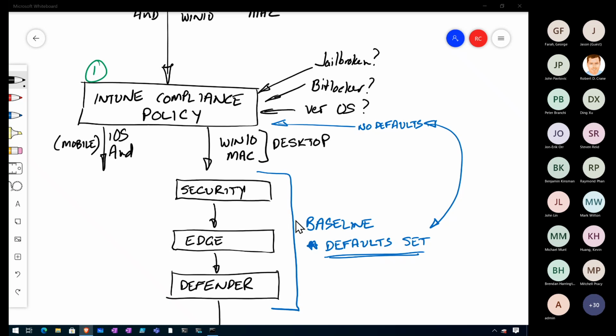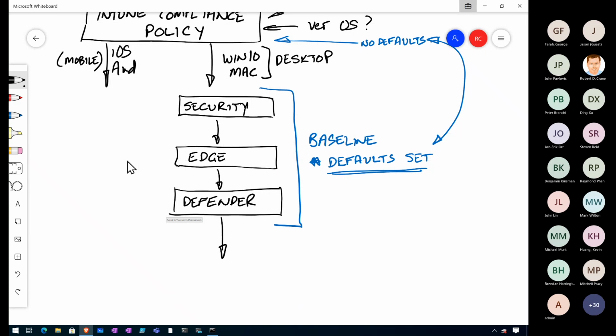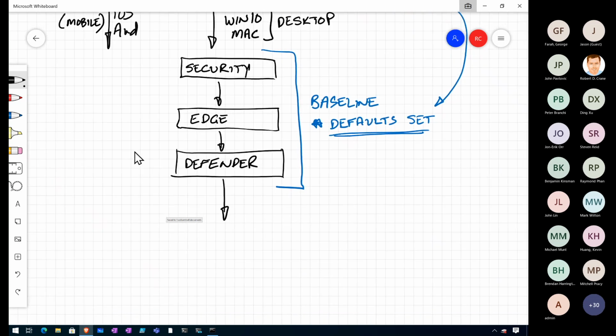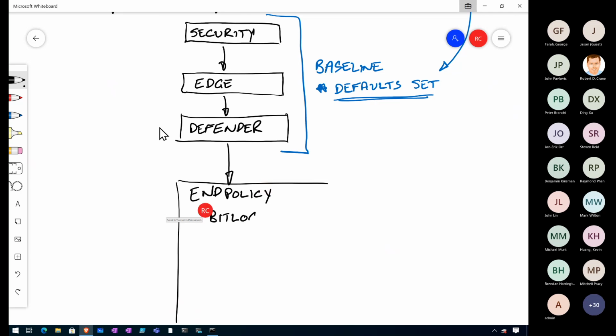So once we've done the baselines, and again, they're optional. We don't have to put in the compliance policy. We don't have to put in the baselines if we don't want. The next option I would suggest you want to consider is the standard endpoint policies. So these policies are things like BitLocker, antivirus, ASR,